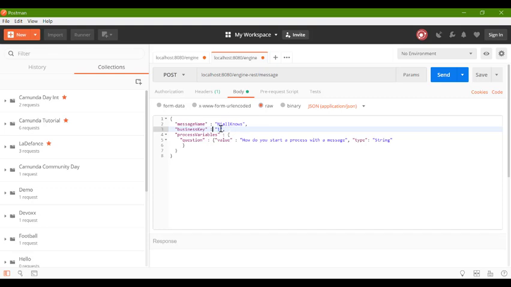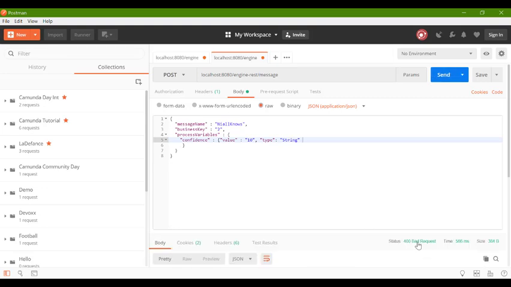Okay, so for instance, if this was different and I sent this in and I have, instead of question, I'm going to have another variable called confidence, and that's going to be value of 10 because I'm very confident that I can handle this. And if I send this guy in, then I'm going to click send, and we should actually get a fail. We have a bad request.